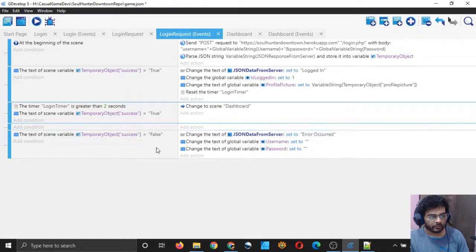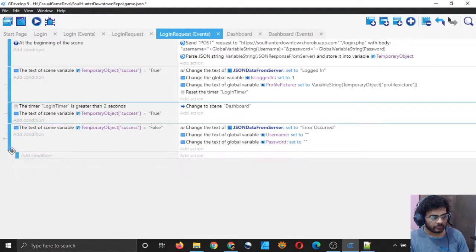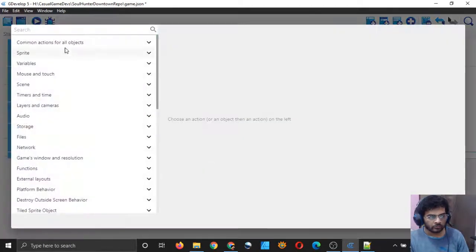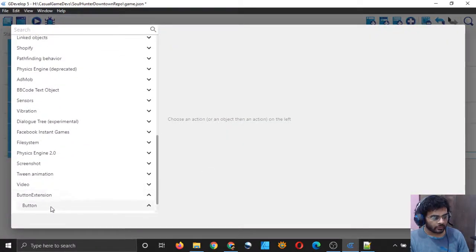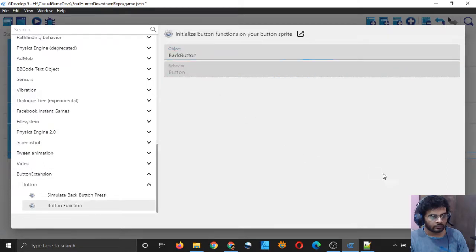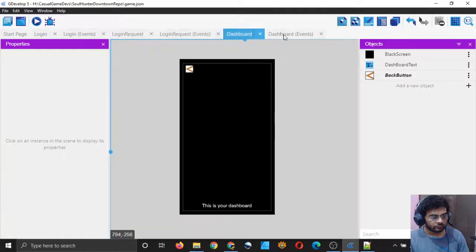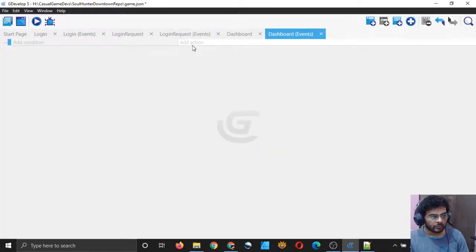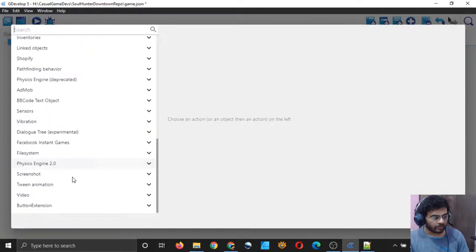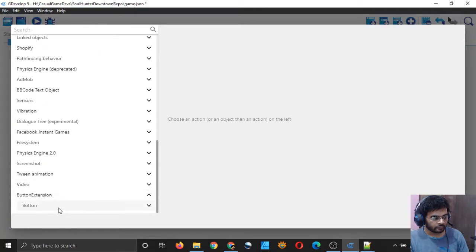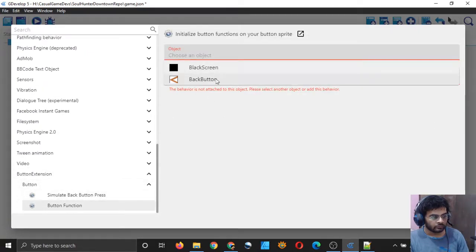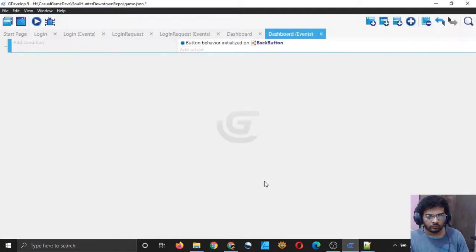So let me add a new event, and just to simulate the back button I am adding this event, right here also. Now I will test it again.